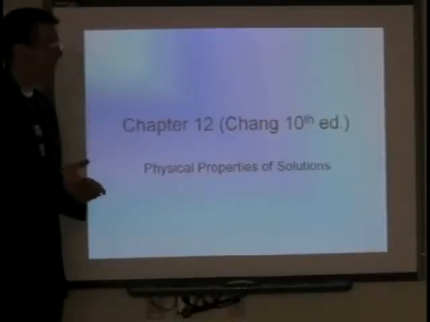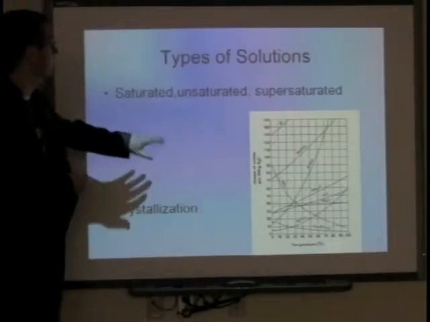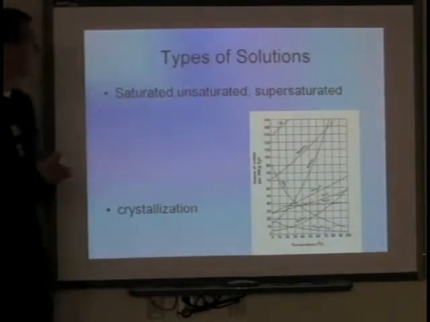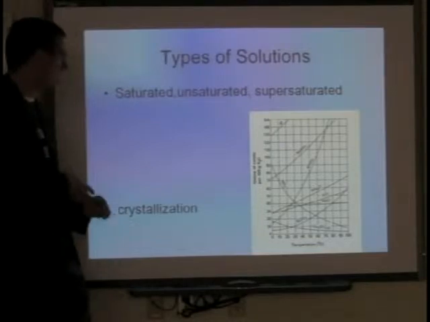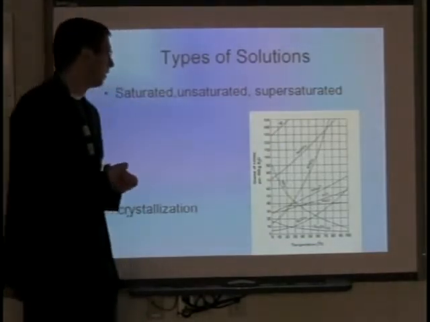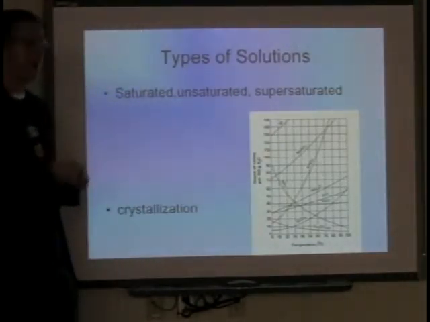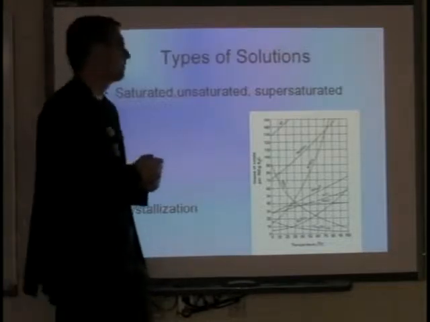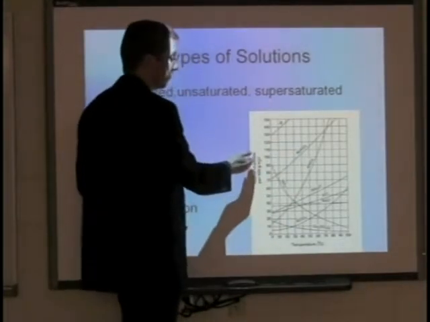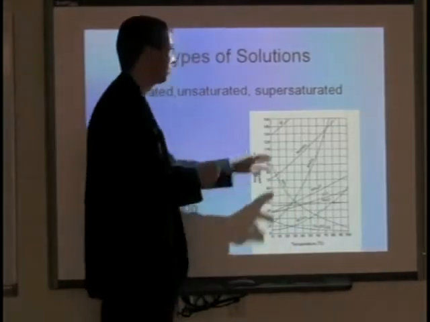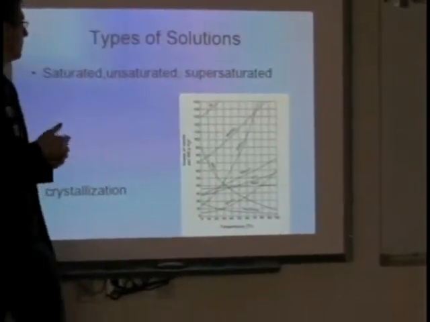Chapter 12 for the AP review on physical properties of solutions. Begin with, they talk about supersaturated, unsaturated, and saturated solutions. You may recall this solubility curve that we talked about a lot in Chem 1 and a little bit in Chem 2, that once again, if you're directly on the curve, which measures how many grams of solute dissolved at a certain temperature,